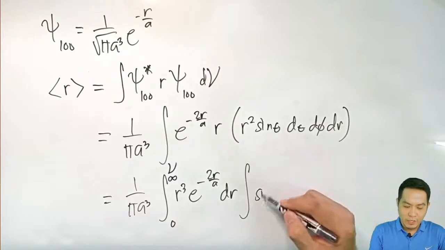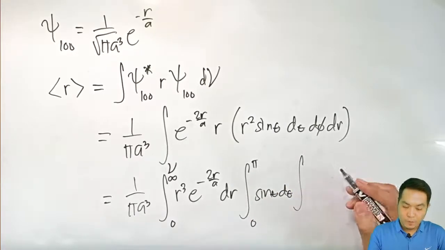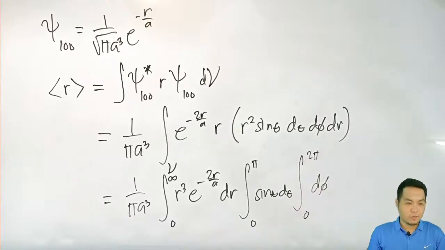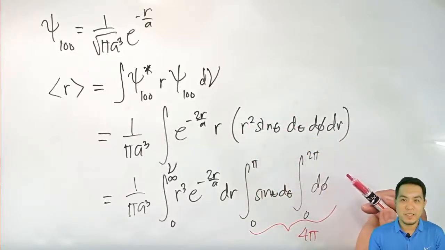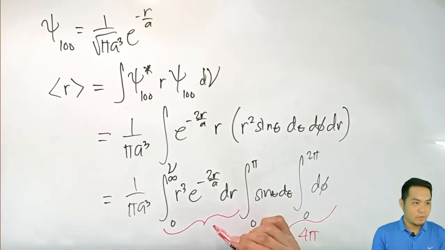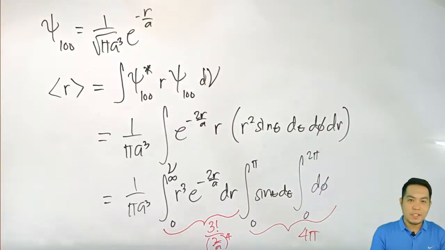And then for the theta integral, you will have sine theta d theta from 0 to pi. And for the phi part, 0 to 2 pi. These two terms will just give you 4 pi, so the differential volume can just be replaced by 4 pi r squared dr. You look up an integral formula for this, and you will get 3 factorial over 2 over a to the 4th. Simplifying and writing everything in terms of the Bohr radius, you will actually get the average r as